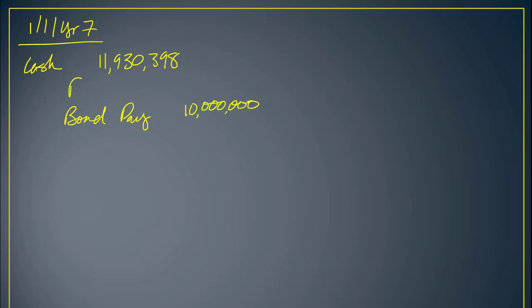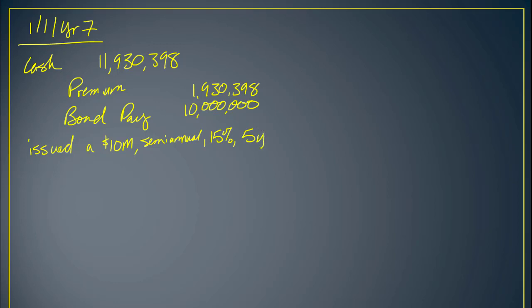So let's see. The cash we just calculated was $11,930,398. The bond payable is $10 million, and the premium is the difference. Issued a $10 million semi-annual (15%, 5-year) bond